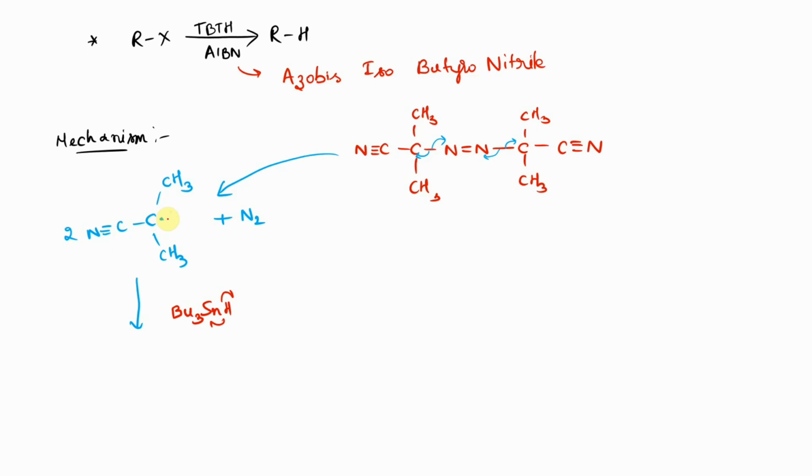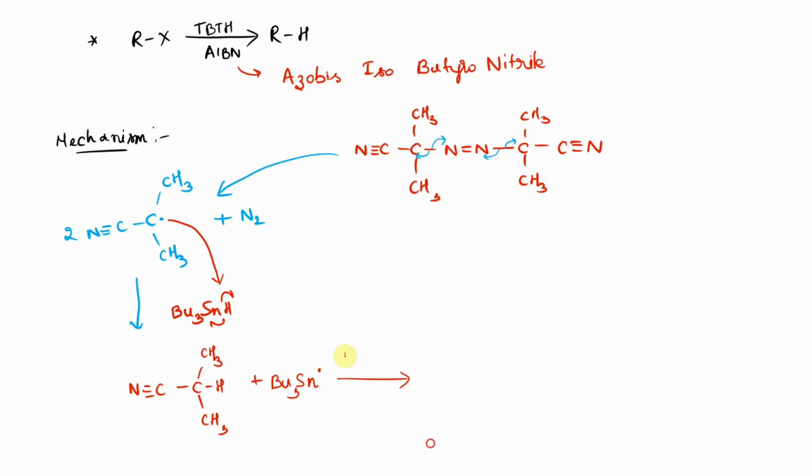As a result, the carbon free radical formed in the reaction attacks the hydride free radical formed, leading to the formation of N triple bond C, CH3, CH3. After this, the free radical of tributyl tin we have obtained attacks the reactant of this reaction, that is